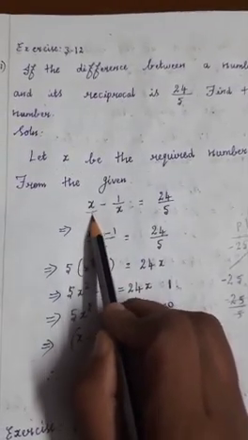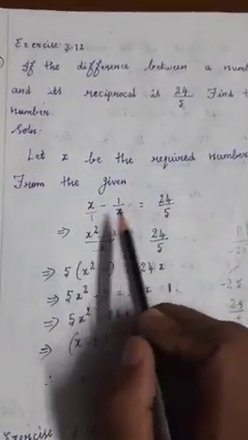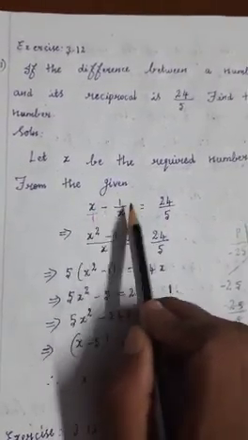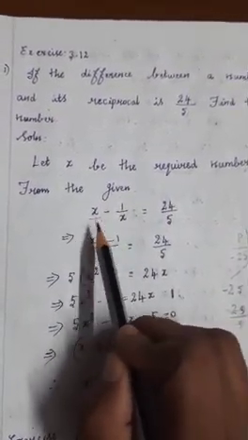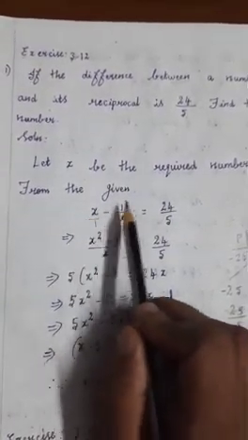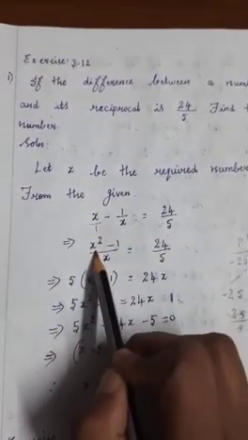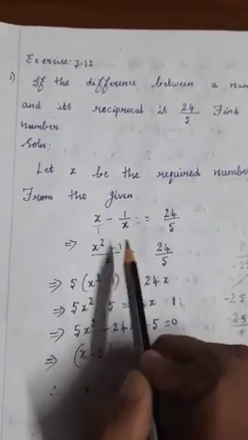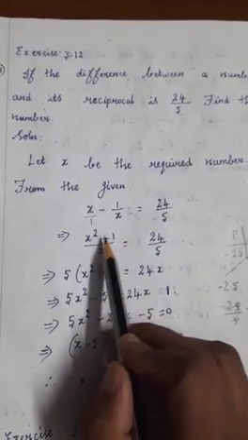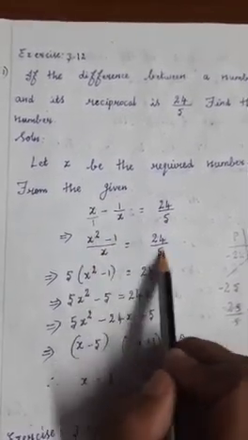So now you know that in between there is a subtraction. So here you can consider x as x by 1. Now you know that if the denominators are the same, only then you can subtract the numerators, but the denominators are not the same. So 1 into x, the LCM is x. So after that you can cross multiply: x into x, that is x square, minus 1 into 1, is equal to 24 by 5. Now in between the equal sign, this is also a fraction part.